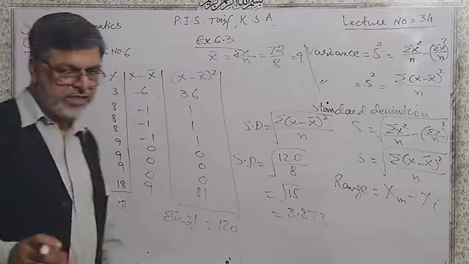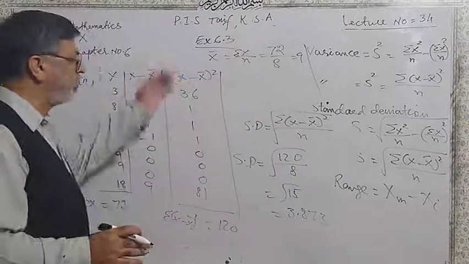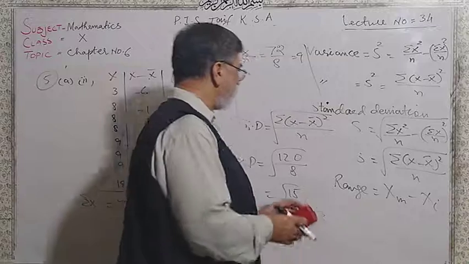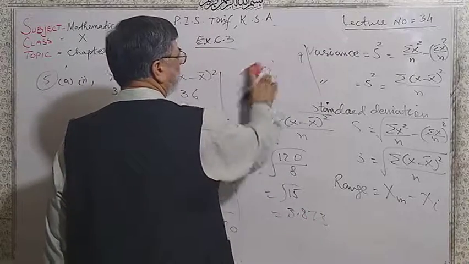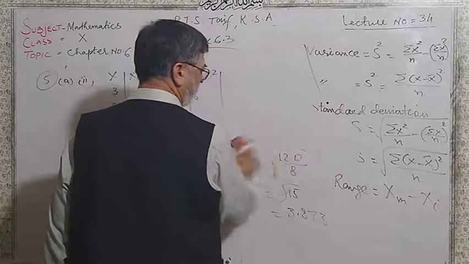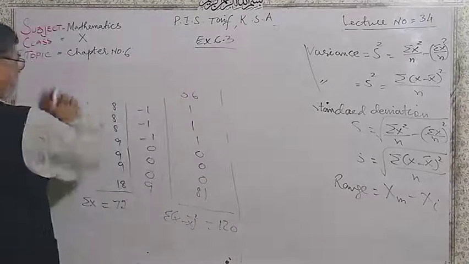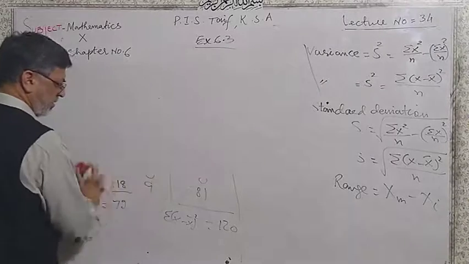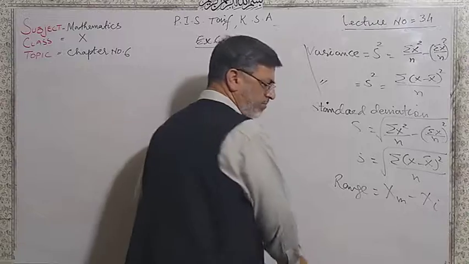This data is very easy for you to understand. And with the same method you can apply the formula in the previous question. A little bit lengthy, but not so difficult. You have your calculators you can use for finding the square and addition. I hope that you can do it by yourself very easily.